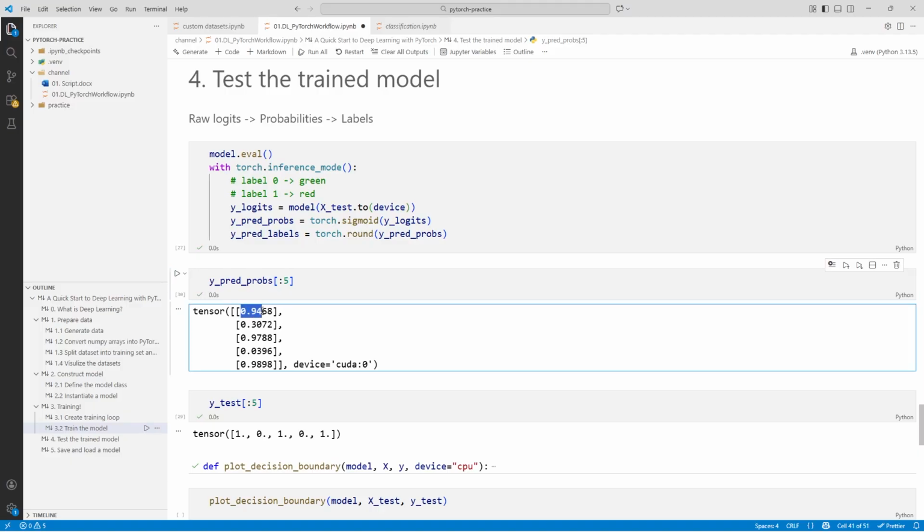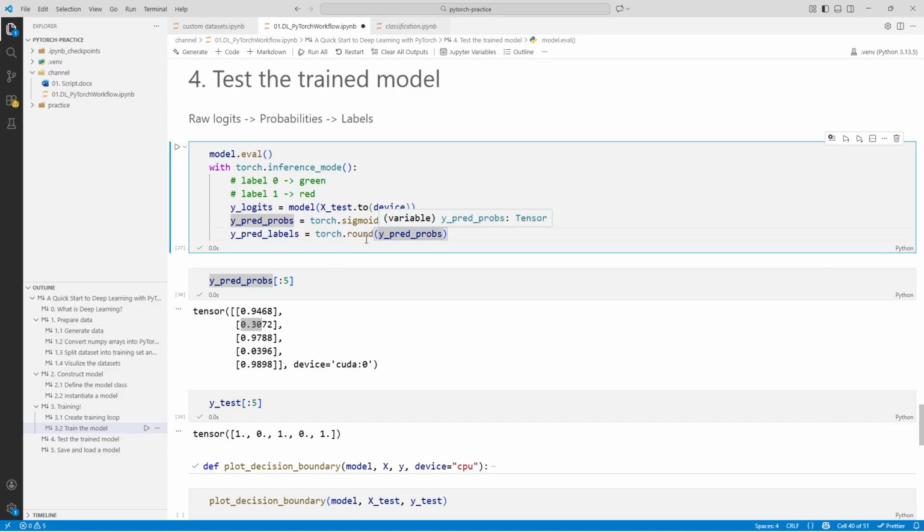Whoa, look at that. 0.94, that means this one has a 94% probability of being red, and the second one only has a 30% probability of being red, so it's more likely to be a green dot.